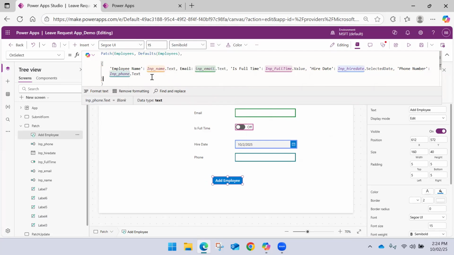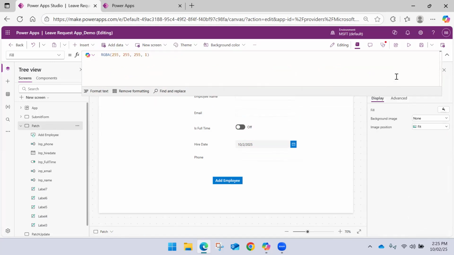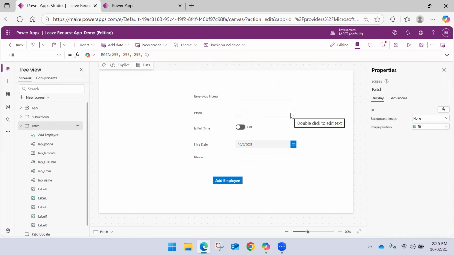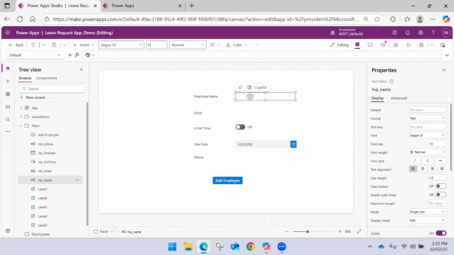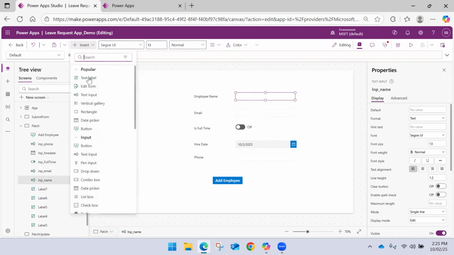Right. So this is the simple formula we should use. You should make sure that you are using the defaults while creating a new record. That's it. Otherwise, everything is one to one while updating data using the patch or submitting data. The only difference is the default. Okay. So now I can play the application. Let me save the application and run. To see whether the data source is getting added or not, let me use the